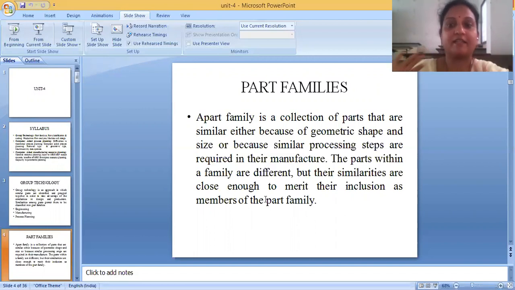It may or may not utilize a particular machine. For example, if you don't need the operation on machine 3, it will go directly to machine 4 or machine 5. It may skip the sequence, but it is not spoiling the sequence. That is called classification based upon its process of operations. This is how we classify various part families.